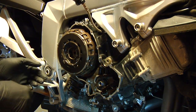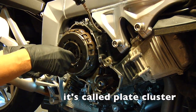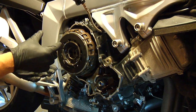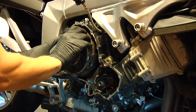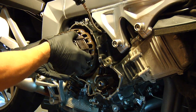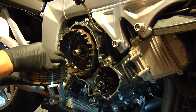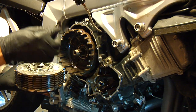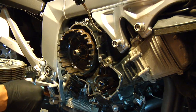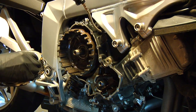Here's the nut. Next, I'm gonna carefully remove the basket clutch with the clutch plates, and I'm going to inspect them. Make sure you don't lose the washer that's inside. You can also inspect the splines here,